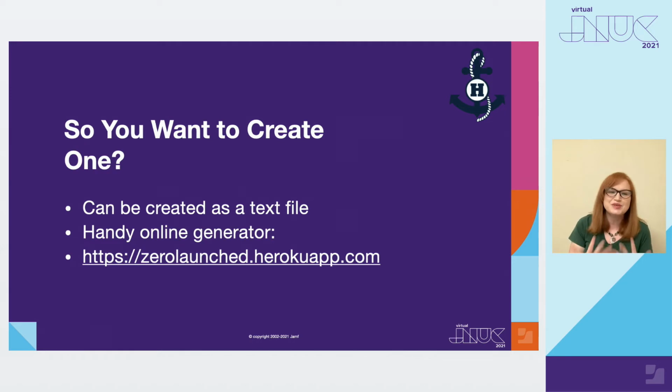So if you feel like you could create one at this point, and you totally could because they're actually really, really simple, all you really need is a text file. You can open up BBEdit, you could type all this in, and you could do it. When you're just starting out, I would use some kind of a generator. There are some that are kind of older. LaunchControl is one. Lingon is one. That's kind of a classic. There is an online generator right here at this link. I use this a lot. It's really, really handy. It has just a really nice interface. And we're actually going to look at that also in my demo that I do later.